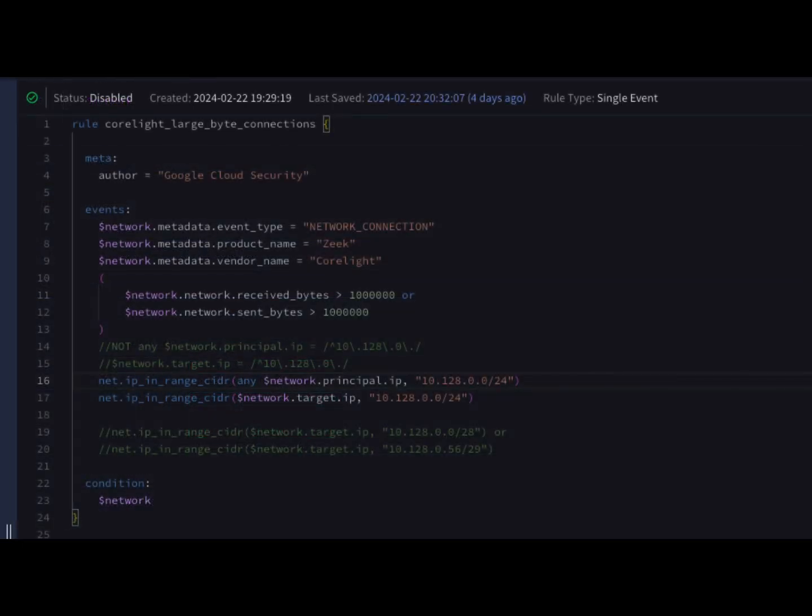Now, suppose we had portions of our net block where large byte connections were totally fine, but others were a cause of concern. We could carve up our /24 net block and append an OR operator between our functions. In this case, we have a /28 within 10.128.0.0, which will convert our IP range to 10.128.0.0 to 15, and a /29 within